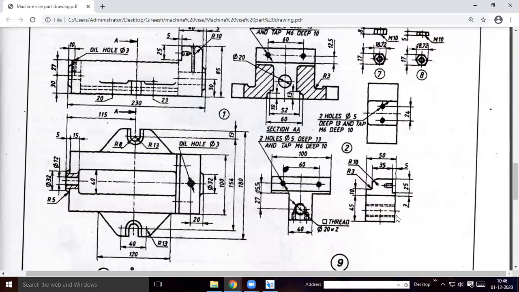If you select this face, the 40 mm width face, from 27 from here, to the bottom will be 45 mm. If you take the distance from the bottom, 45 minus 27 will be 18 mm. So you take 18 mm from here, you have to create that 20 into 2 threaded hole.